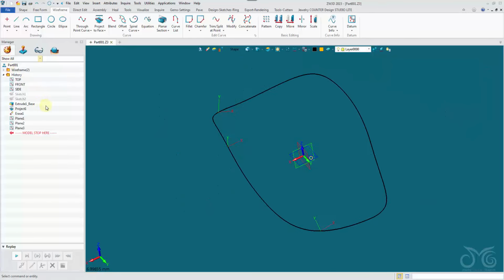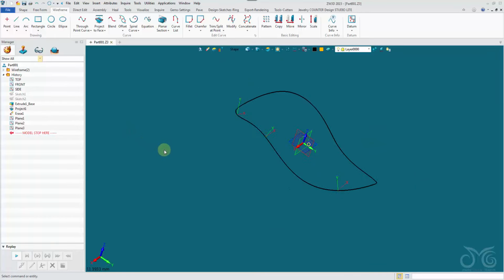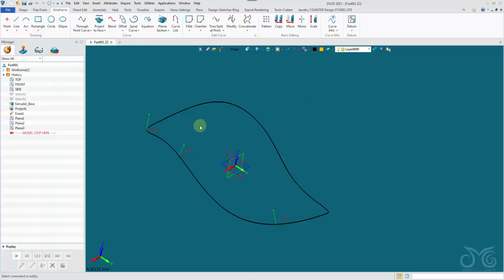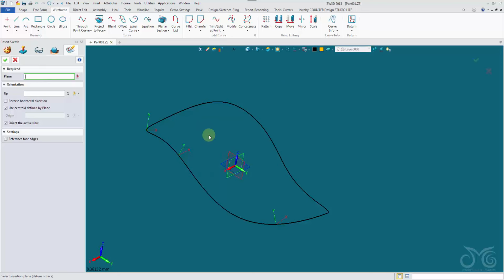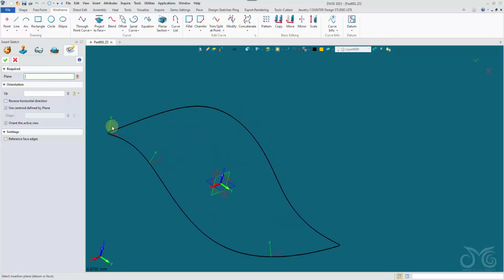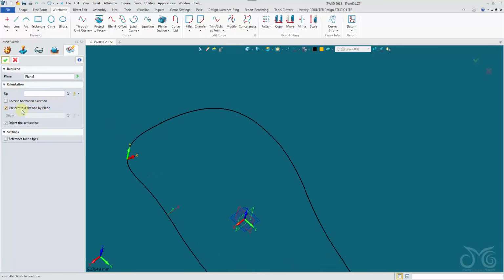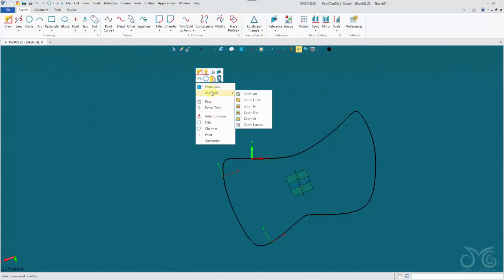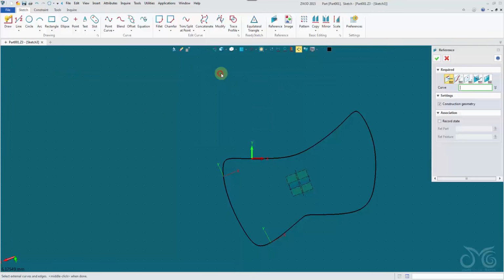Okay, so here are our datums on our leaf outline, and I'm going to insert sketches on all of them. Right click, insert sketch, start off with this one. Use central define by plane, make sure that is checked, confirm. Okay, the first thing I want to do is reference the 3D curves, our 3D leaf outline, using this fourth